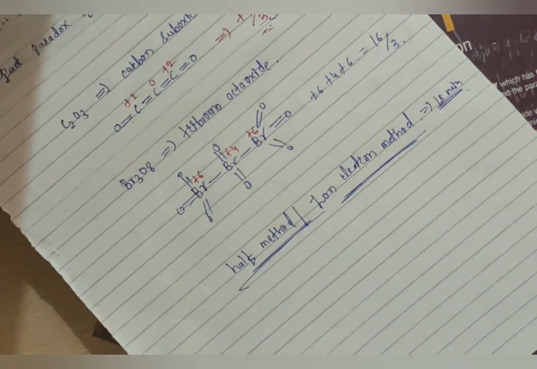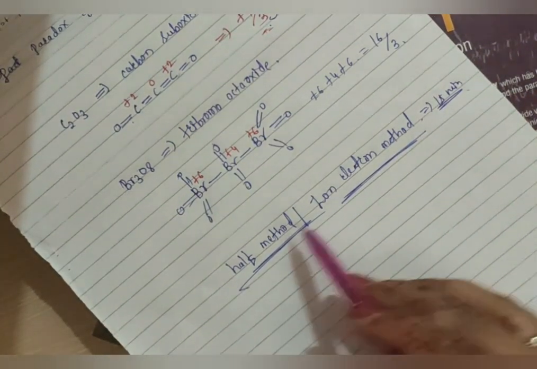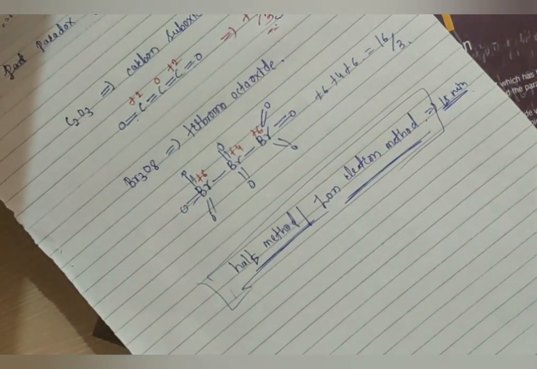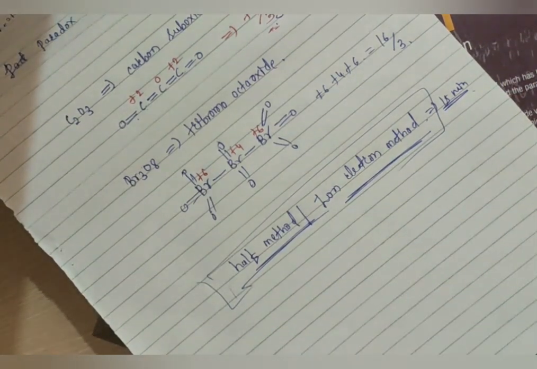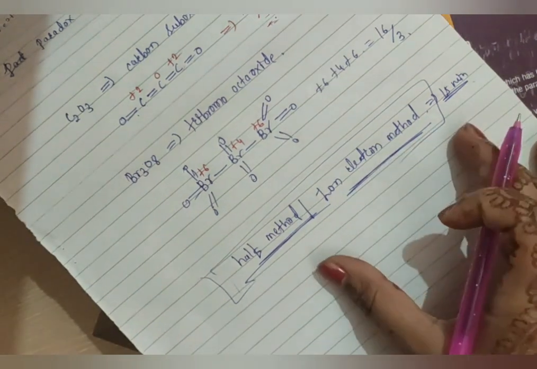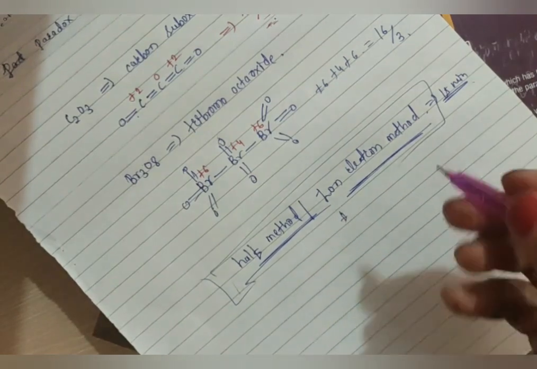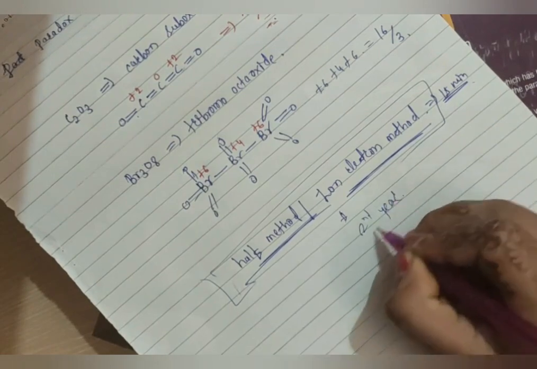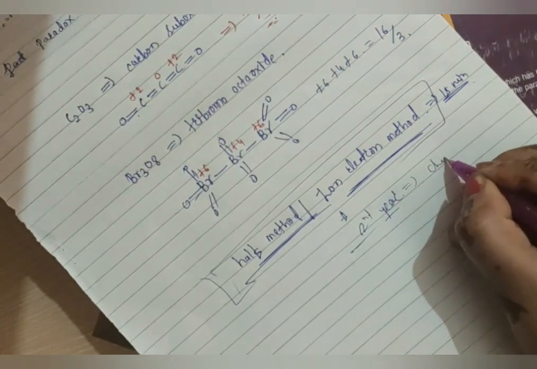And from next week onwards I will start hydrogen. Before that I will send this half electron method in the evening. In this week only I will send this half method, or the ion electron method, and it hardly requires 15 minutes. So I hope you understand each and every concept which belongs to the redox reaction. If you have any doubts, you can ask me. And remember, this half electron method is very important for your second year, because in the second year we have one topic that we call chemical kinetics.